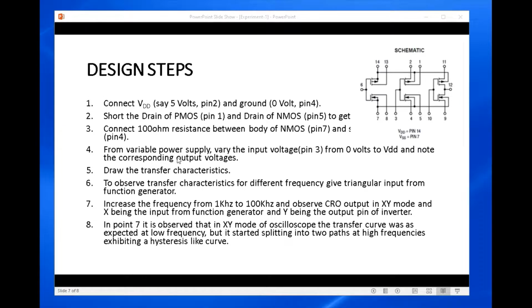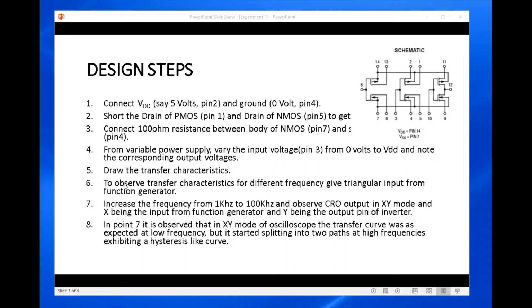Now using a variable power supply, you can vary the input voltage. You can use a variable power supply, or you can use a function generator and vary the input from 0 to VDD, and then note the corresponding output voltage. Then you can choose the x-axis as input voltage and get the transfer characteristic.